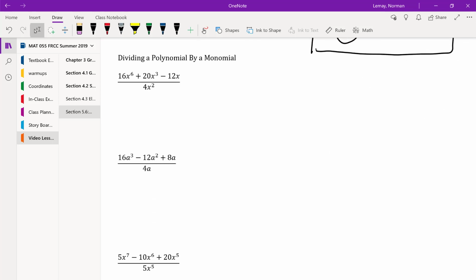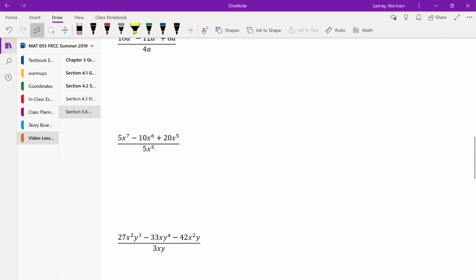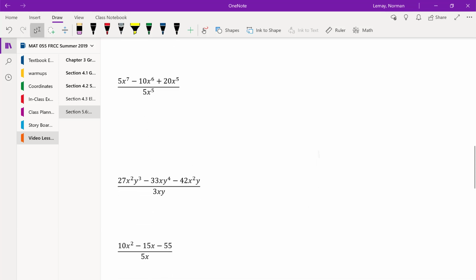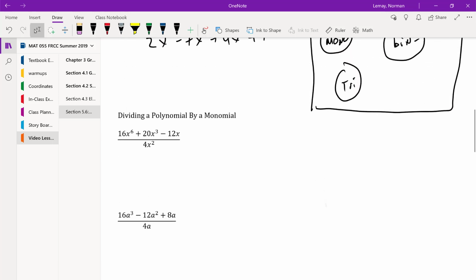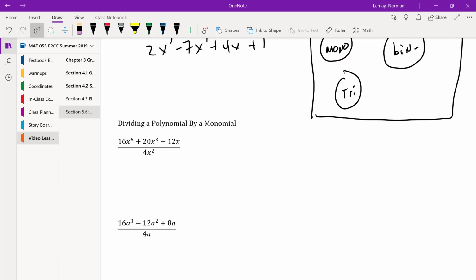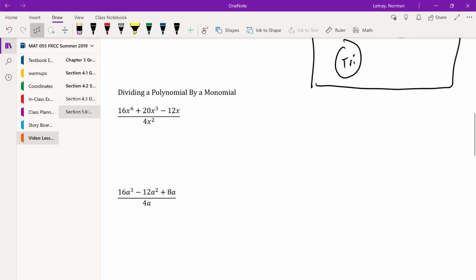Alrighty, so let's take a look now at one of our first topics, dividing. And here we can observe that we have a polynomial in the top, and we're going to divide by a monomial. So whenever we divide by monomials, all we do is split everything up. As you can see here, I have all of these polynomial terms, and they're all over just a single term monomial. So basically, to do this division, at the end of the day, all we do is